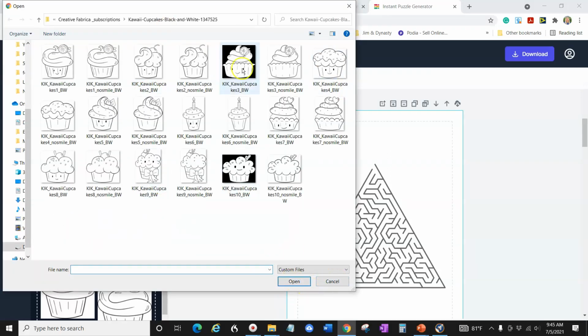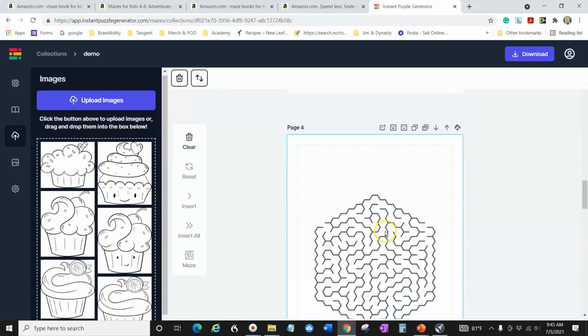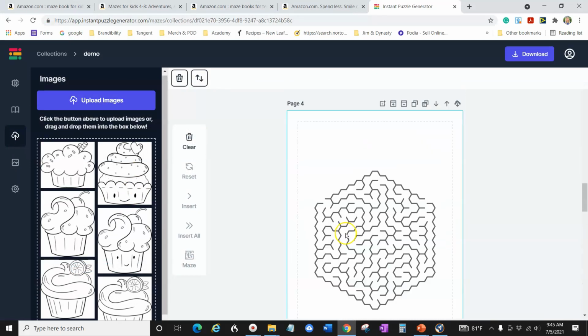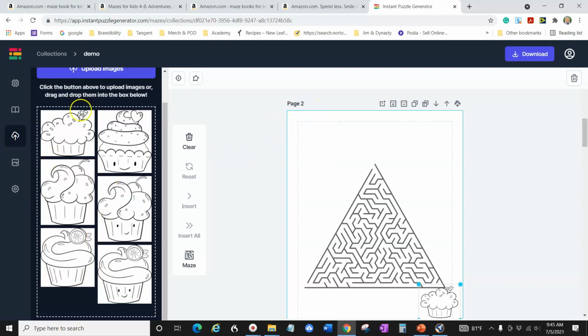I just picked these because they were cute. So what you can do is let's go down here, you could do a few things. Let's just add this little guy right here to this page. And what you're going to do is click on it and insert. Okay. And let's say I had another, I don't have anything but cupcakes, but maybe I had a picture of a little dog.